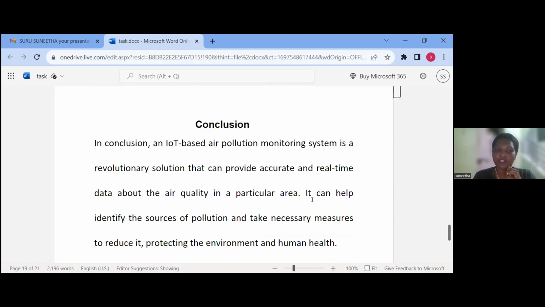The conclusion of my document is that an IoT-based air pollution monitoring system is a revolutionary solution that can provide accurate and real-time data about the air quality,